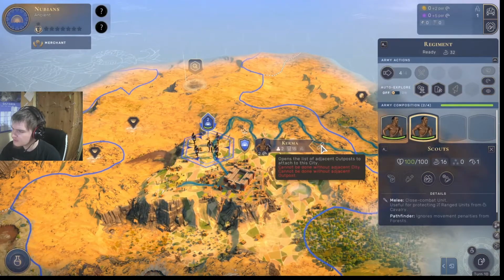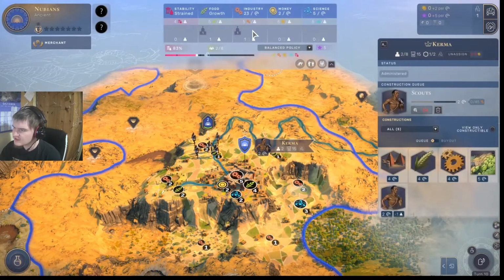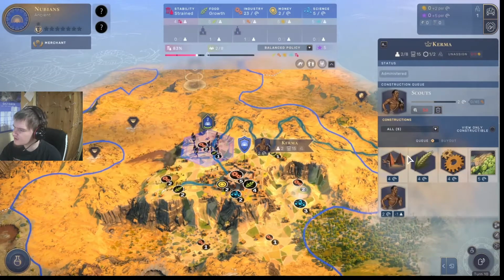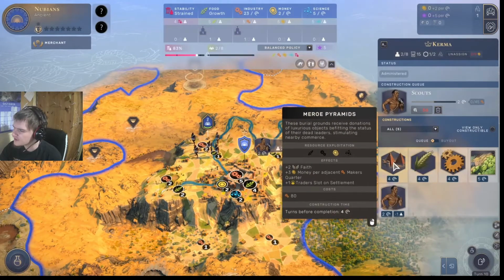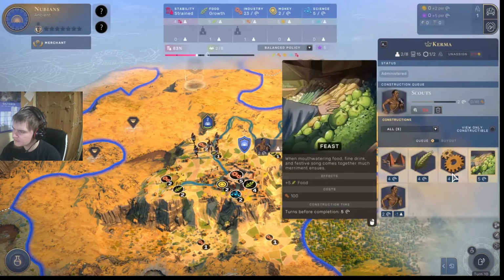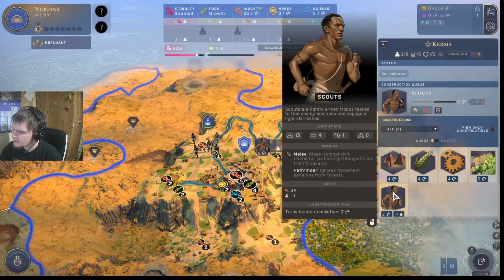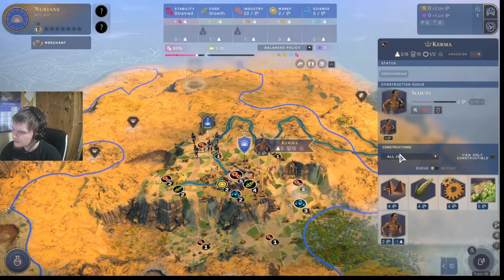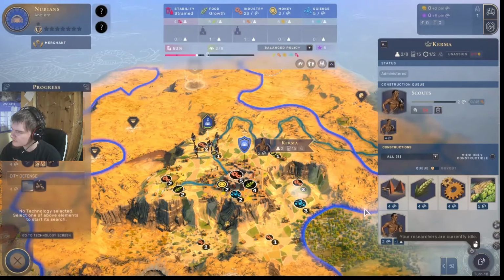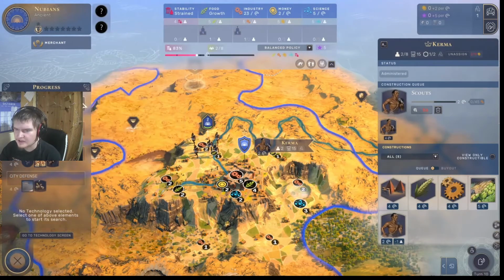So I need to give my orders to someone. This Kerma guy. I tell him to go somewhere. Can I tell him to build something? Research current